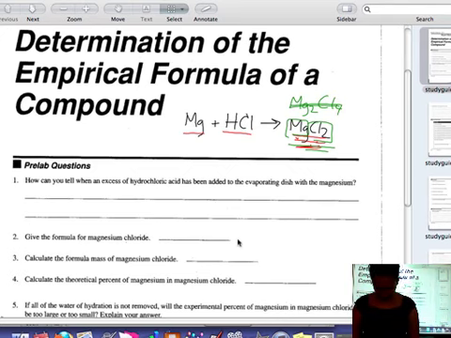It's also asking you to compare the empirical formula obtained experimentally with the accepted formula. So you're going to compare what you find, which hopefully is around Mg1Cl2, to what it should be, which is MgCl2. Okay? And then analyze the cause of unexpected experimental results. So looking at what might have caused your magnesium chloride ratio to be off or to be really good. Okay? Moving on, let's look at